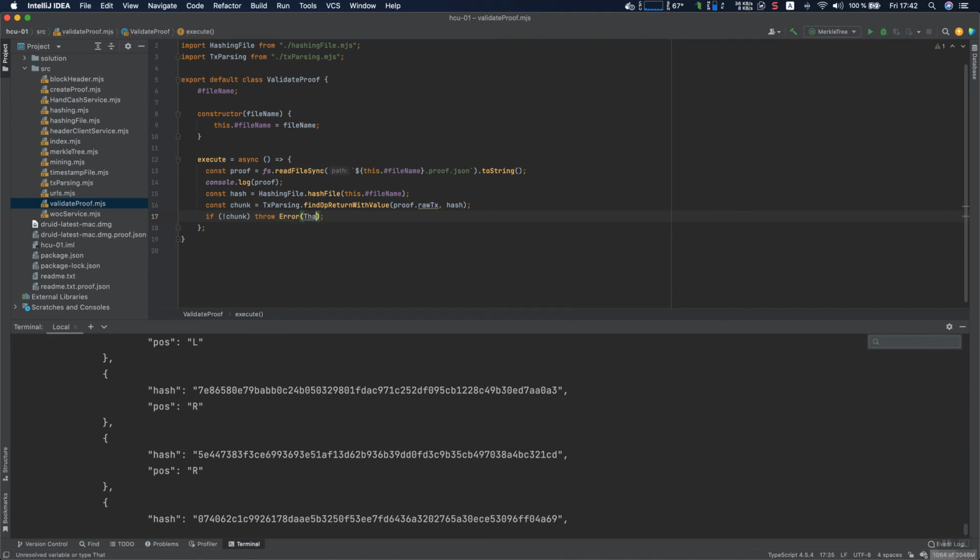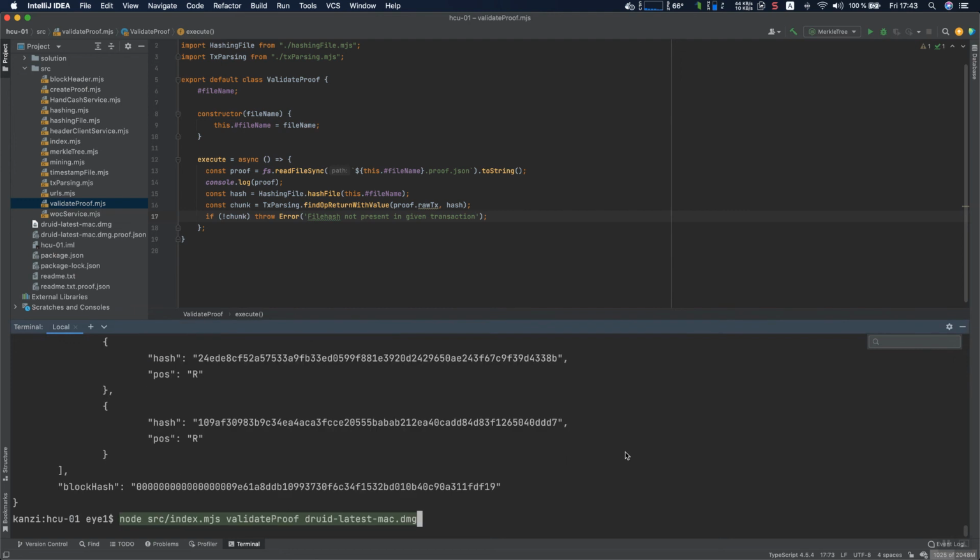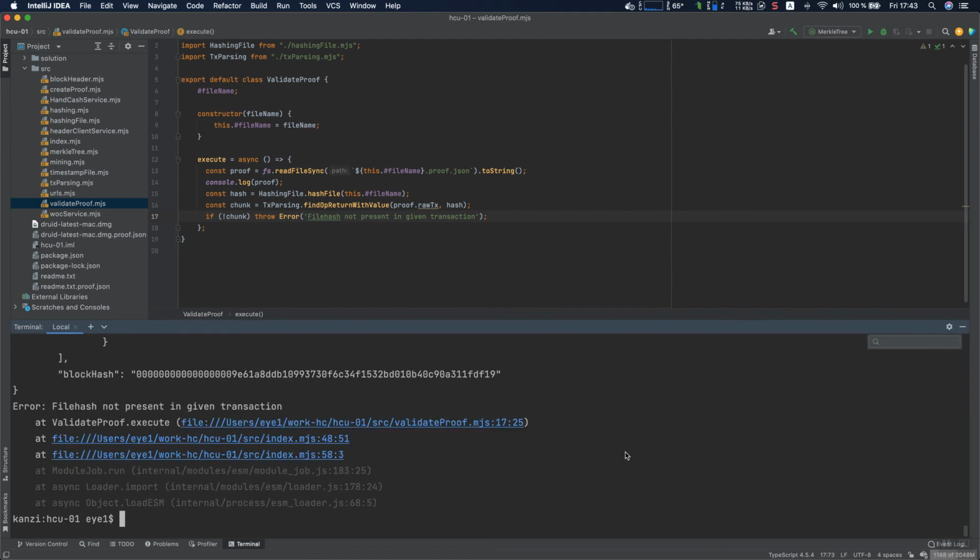that file not hashed, not timestamped in this file. The hash of this file is not present in the given transaction, something like that. I guess we can test this already. So if we put start validating,